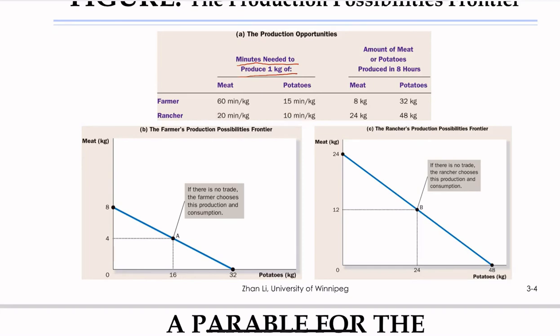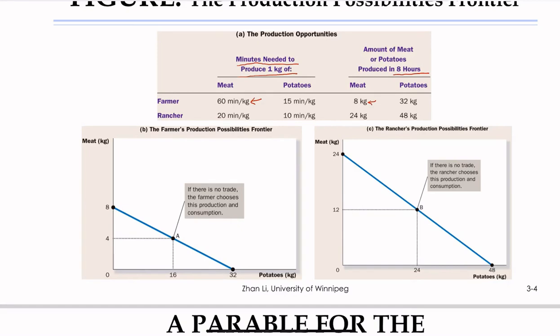Next, let's see how many kilograms of meat and potatoes can be produced in 8 hours. Well, this is a very easy calculation. Basically you have 8 hours of time, and if you need 1 hour to produce 1 kilogram of meat, then for 8 hours you can produce 8